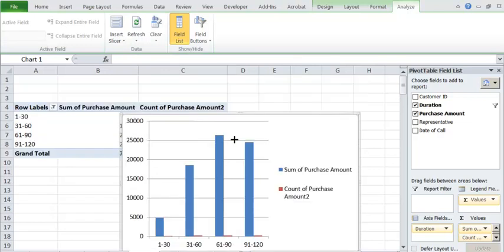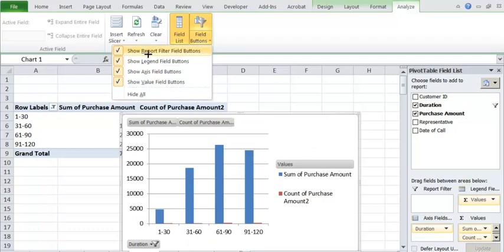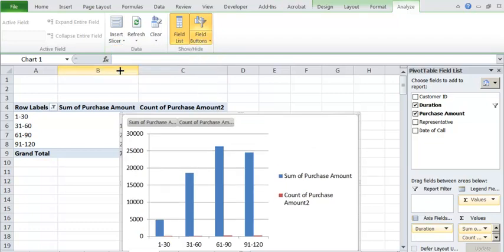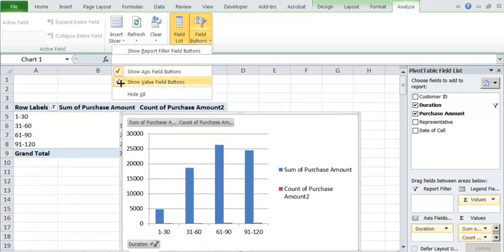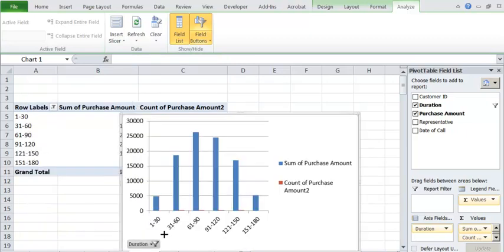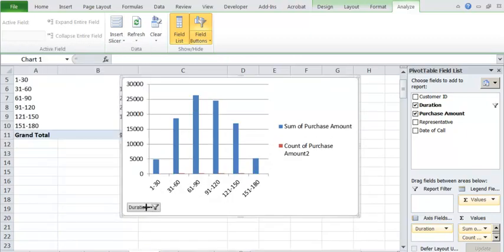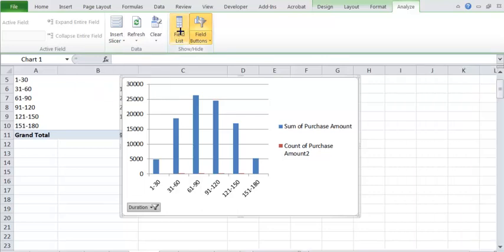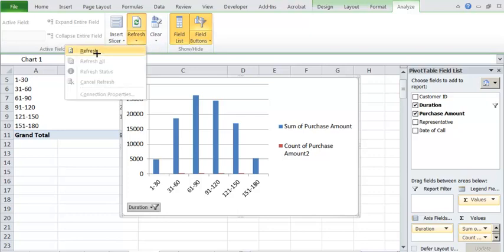Right? So you have now a much better way. If you want to add any field, let's see, suppose you want to add only duration, you want to have that capability of changing. So you can use this duration filter over here and you can keep on changing. It is up to you, right? Note that this field list is showing these values. So that is the idea. Right? So you can refresh.